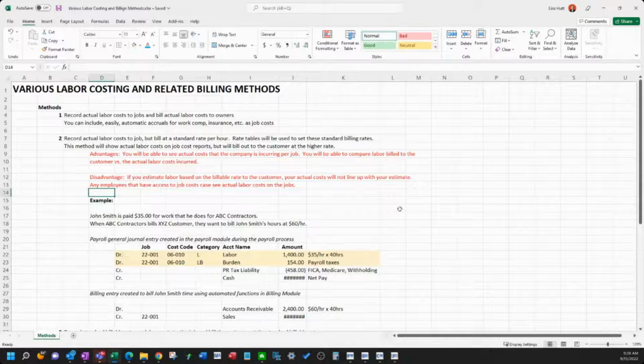I'm using John Smith here. John Smith is a carpenter, and based on his title or his division, there's different things we can do. You can tell the system to look at his hours on that job and bump it up to $60 an hour when it's billed out.